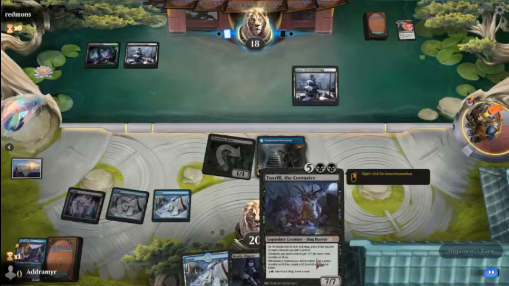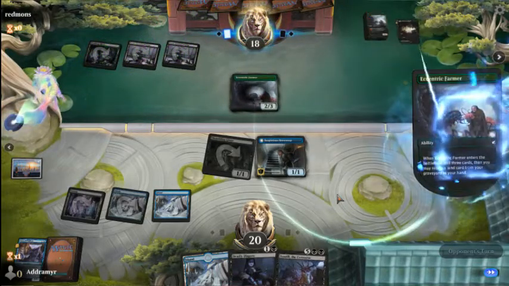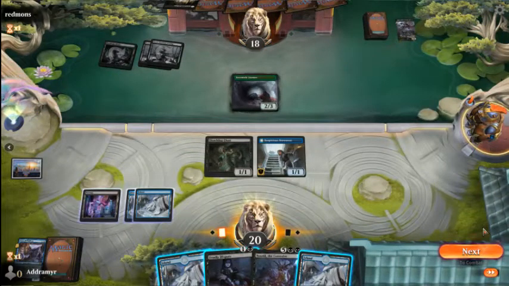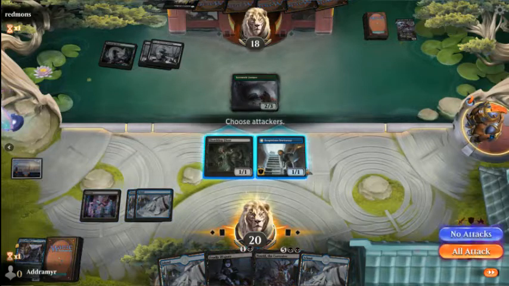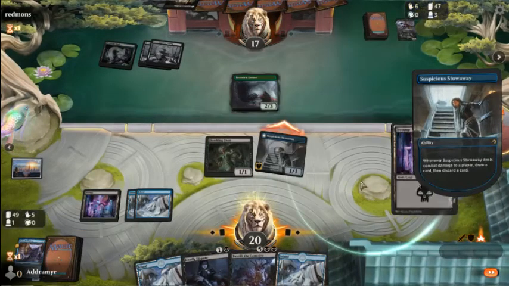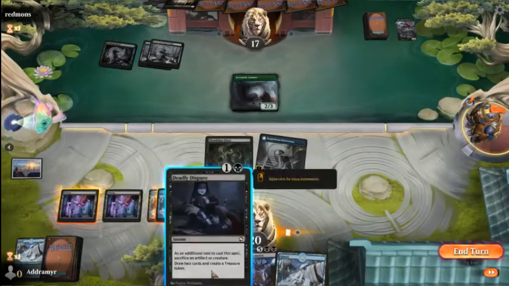Since it tends to be turn 3 before you get Satoru out anyway, you will normally have enough mana for the ninjutsu ability by turn 4. I can go with the Stowaway. Dump an island. I think we just...